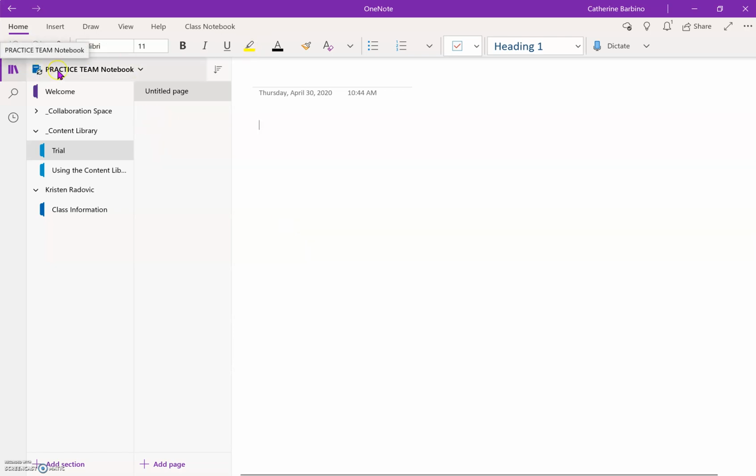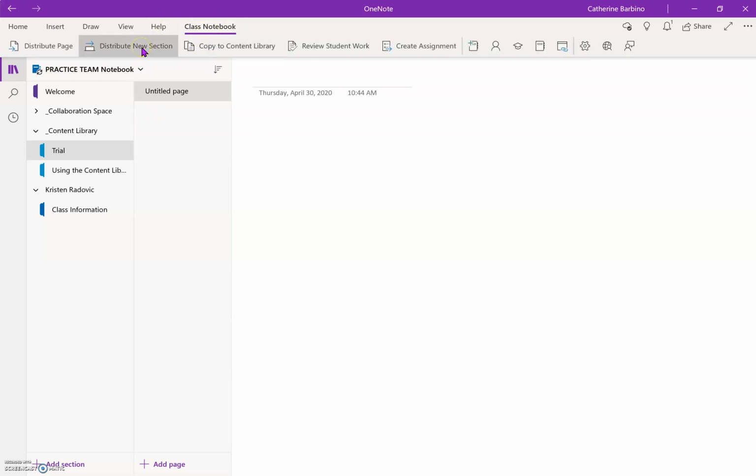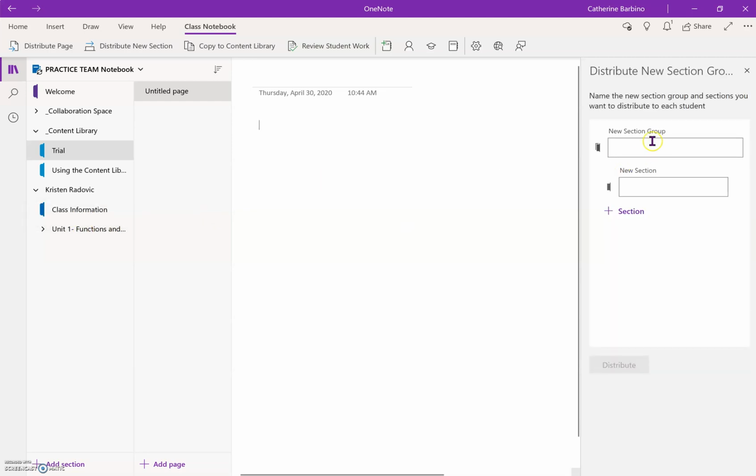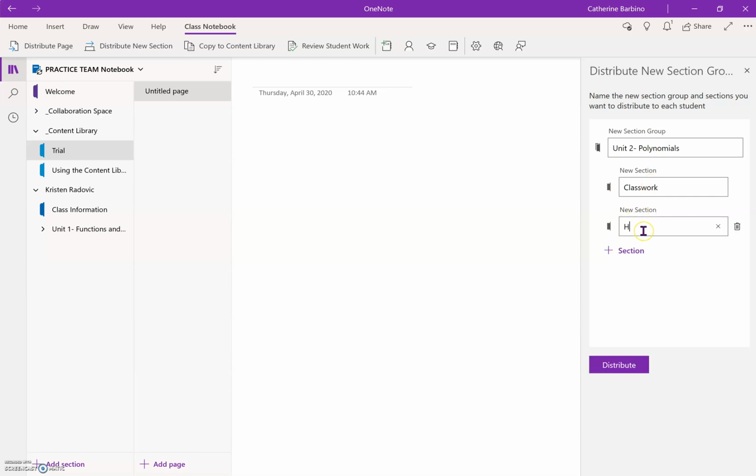So in the meantime, while I'm waiting for that, I want to just distribute another one, let's say. So class notebook, distribute new section, distribute new section group. This time, see, there it is on the left. It just popped up. Took a while for it to sync. This time I'm going to call it Unit 2, Polynomials. Same thing. Classwork, homework,